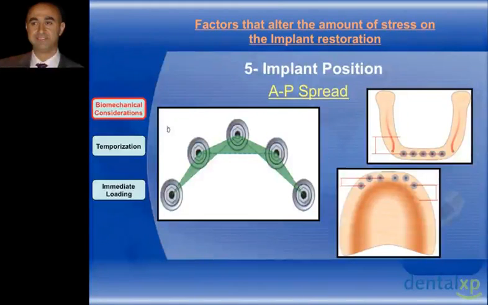Because whenever we have implants crossing the midline and we have it in a curved distribution, as you can see, any three implants connected together create a tripod, because every middle implant is an offset implant from the other two. And therefore any tilting or torque or any cantilever forces on your implant restoration will be counteracted by this offset implant itself, in comparison to cases where we have to place the implants in a straight line,